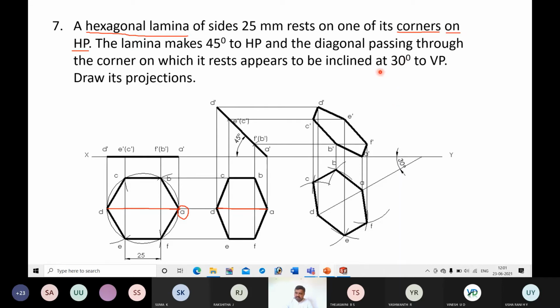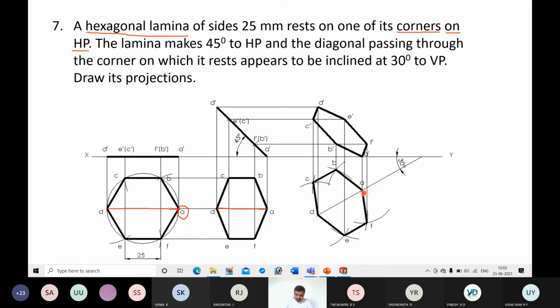Given inclination itself is beta. So directly make this AD inclined at 30 degrees and get the final view. The procedure to get this final view is, initially you draw a line inclined at 30 degrees directly from XY, or you can draw a line parallel to XY at a certain distance and directly draw 30 degrees, depending on space availability on the drawing sheet.